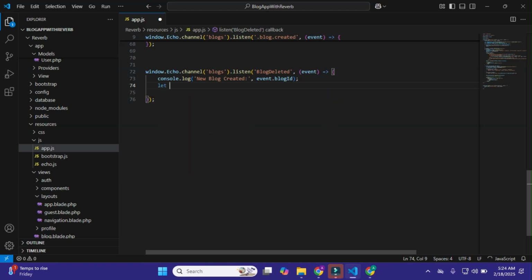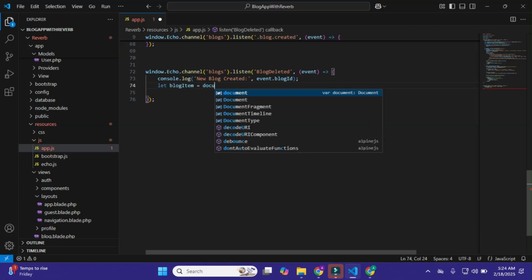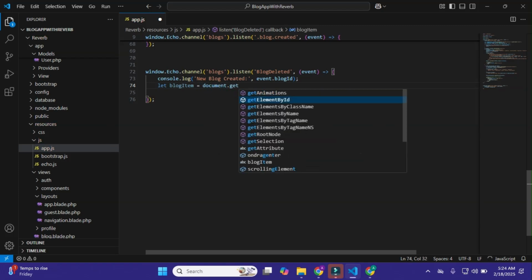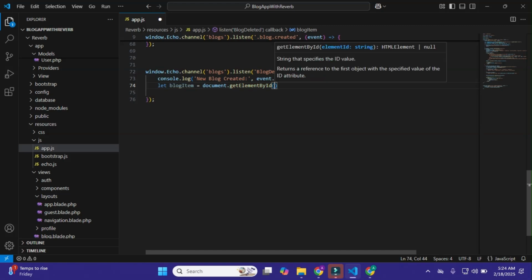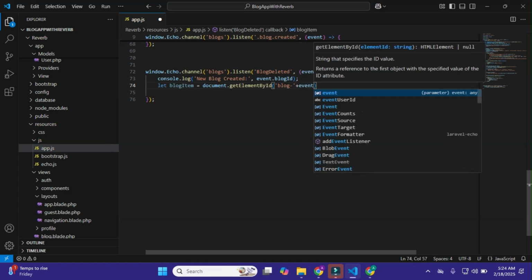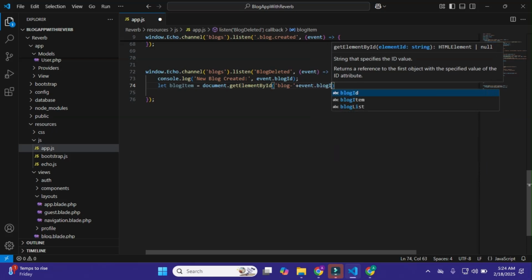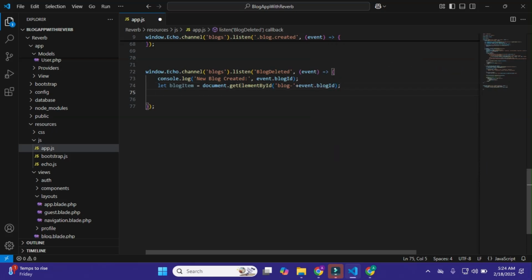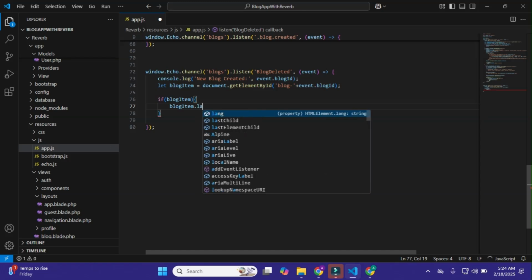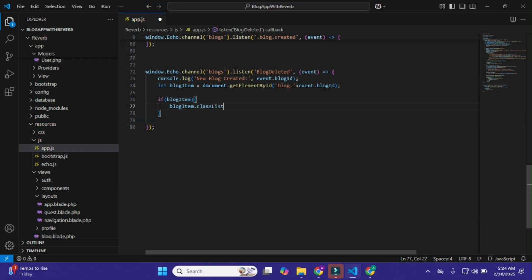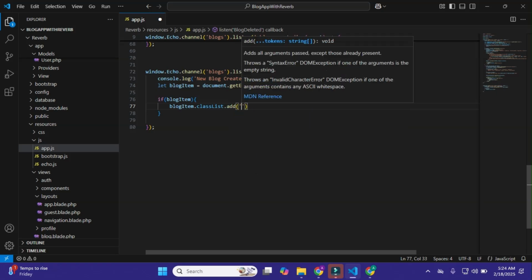what I will do is make it let blogItem = document.getElementById, and within it I'll pass it blog- plus event.blogId, and that's it. And if blogItem, let's make it blogItem.classList.add